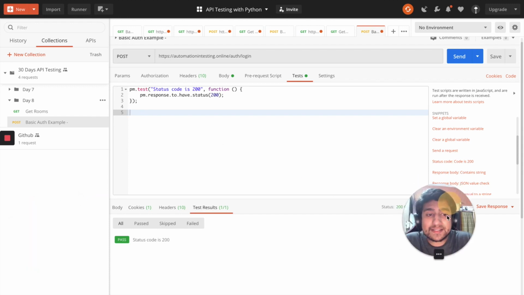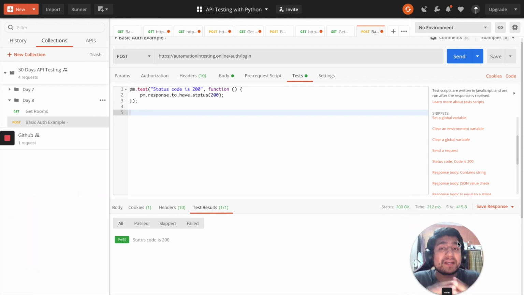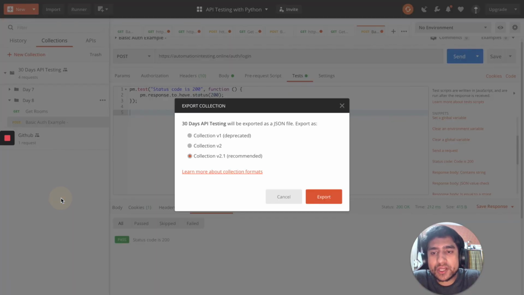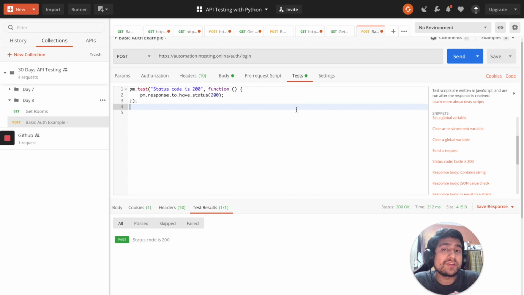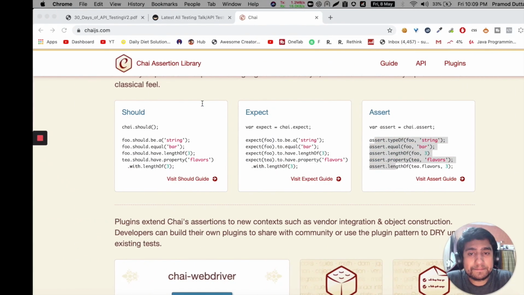Now the question arises: this is a tool I'm running, but say we have a Linux environment and we want to do it in a CI/CD format. What you can do is go here and export this request, and you can run this request using the Newman tool. That is a command line version of Postman. You can create a Jenkins job, and that Jenkins job can test daily whether this API is returning 200 or not. This is just a holistic view I'm giving you of how powerful Postman is. So this was the first test.